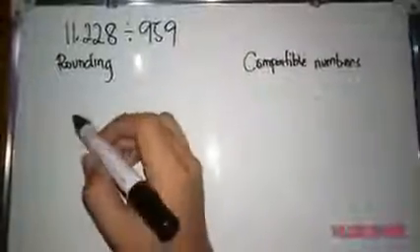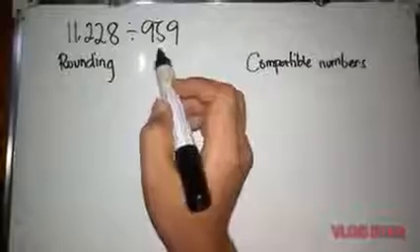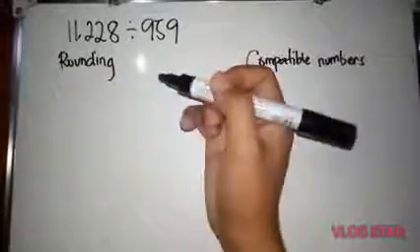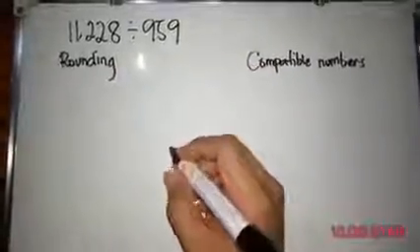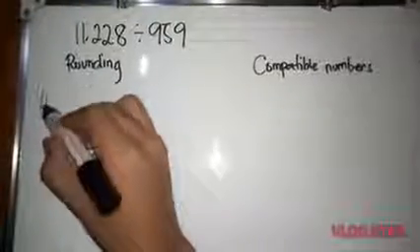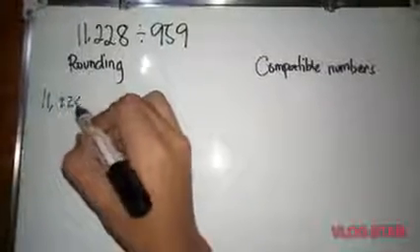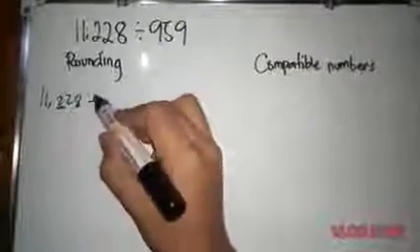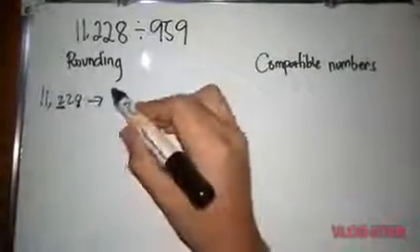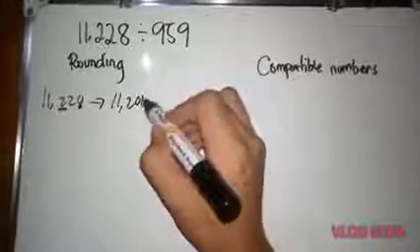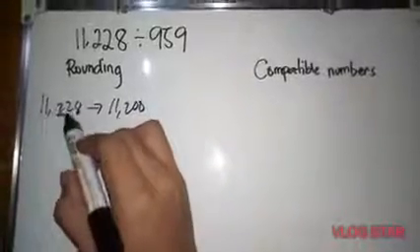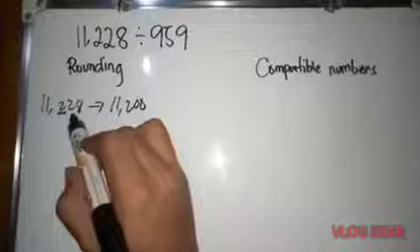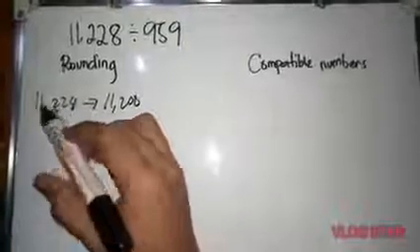So in rounding technique, let's round the dividend and the divisor to the nearest hundred. So 11,228. The digit in the hundreds place is 2. If we round this, it becomes 11,200, since the next digit to 2 is less than 5, so round it down. Next is